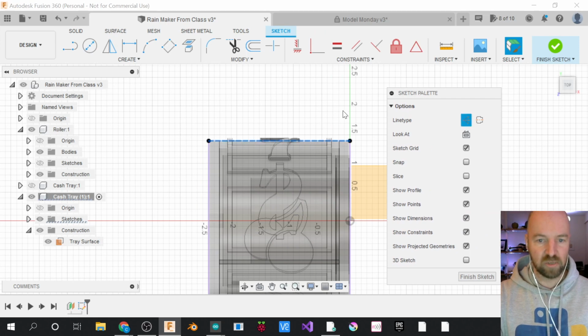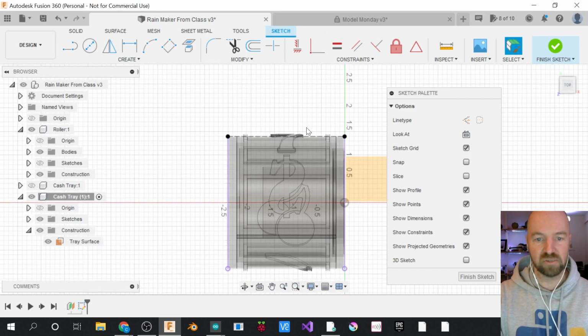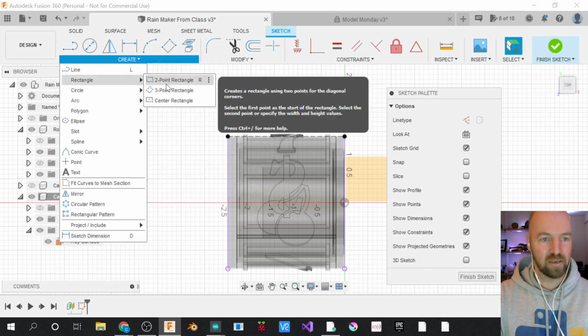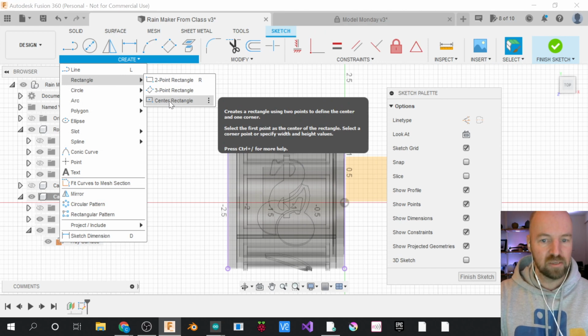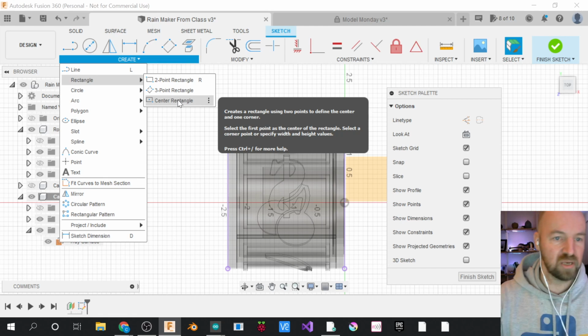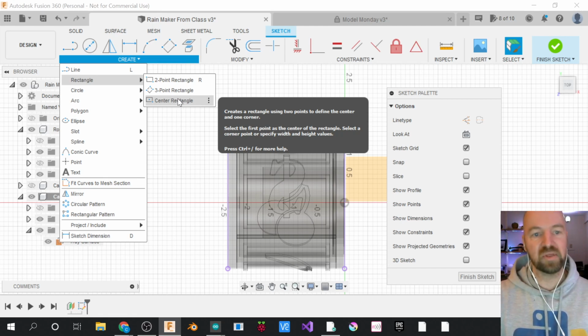The X key will also convert that into a construction line. So that's just a reference line, so I'm going to turn that into a construction line. And now the real reason I did that is because I'd like to draw my rectangle centered on my cache roller. So I'm going to use this center rectangle option here from the Create menu. So if I click on Create and then Rectangle, and then come over to Center Rectangle,